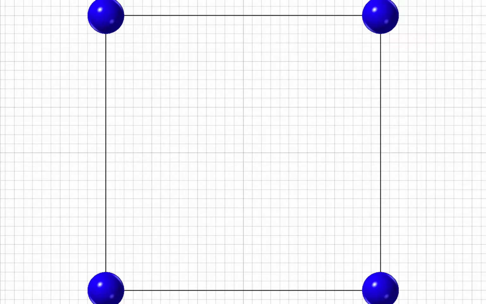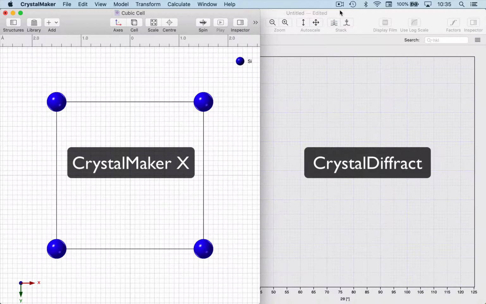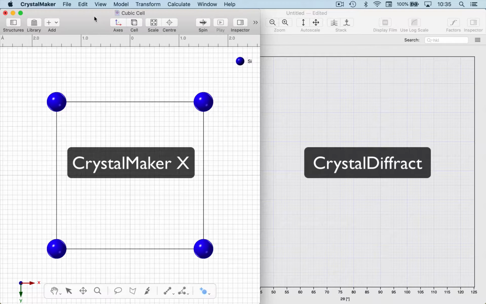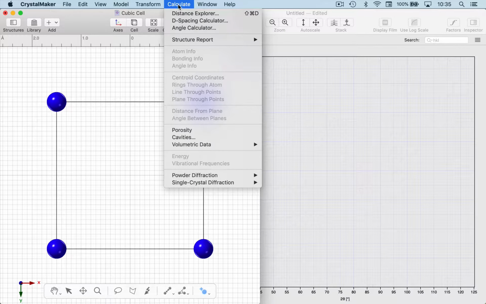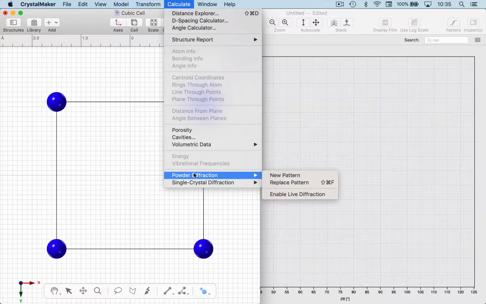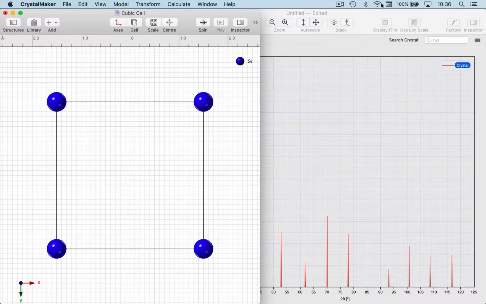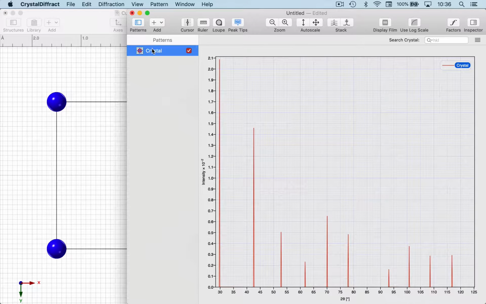I'm going to start with a very simple cubic structure in CrystalMaker. So I have an empty window in CrystalDiffract, which I'm going to use. In CrystalMaker, I can send the crystal structure to CrystalDiffract from the Calculate menu using the new Powder Diffraction submenu, and we're going to simulate a new pattern. And there it is. Now I'm going to call this Original,